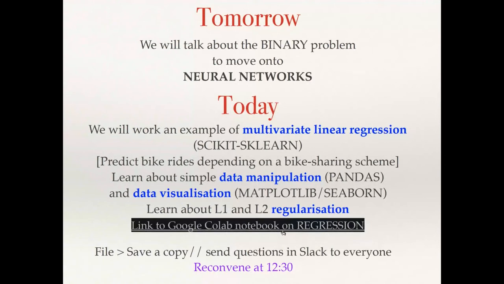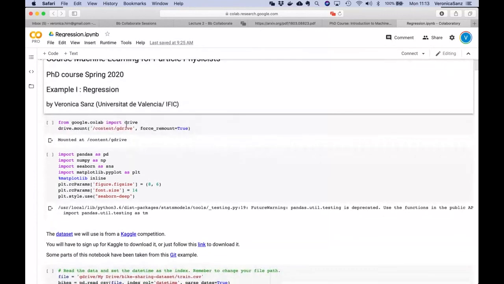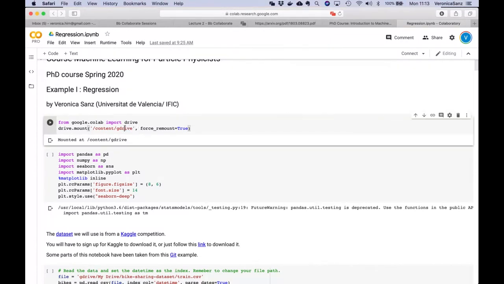Just one last thing. When you click on this, it brings you here. It takes time, apparently. One thing is that there's this over here. You see, I'm calling from Google Colab, import my drive. It means that you have a drive in Google. And this is mounting this drive. And it took me like years to realize this. Not years, but it took me some time. When you click on it,